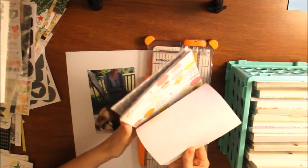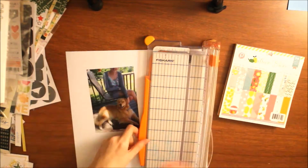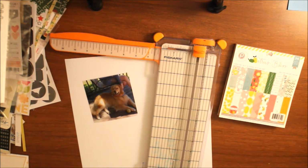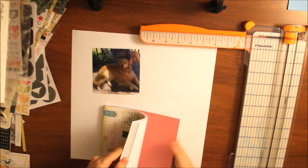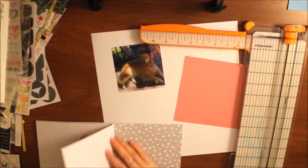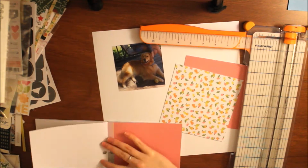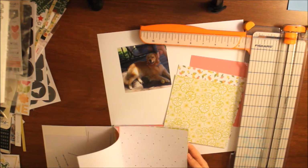My name is Caitlin from Florals.com, and today I am starting a brand new series on this channel, and it's called Paper Pads 6x6 Fix. So this one's focusing all on using your 6x6 paper pads in fun ways. Today's paper pad that I'm featuring is the Pink Paisley Citrus Bliss collection, and right now I'm going to pull out 4 different papers that I want to use from that paper pad, and then I'll show you the technique